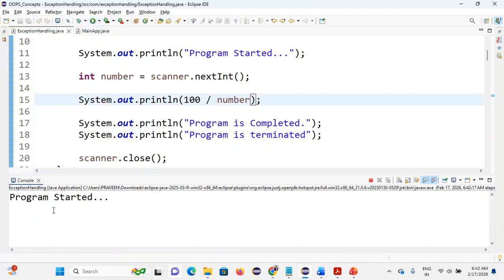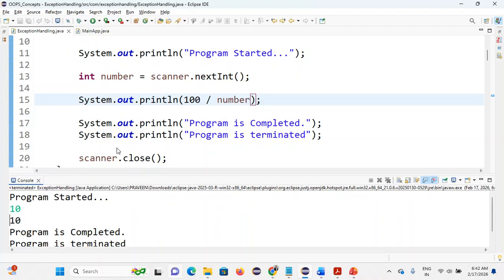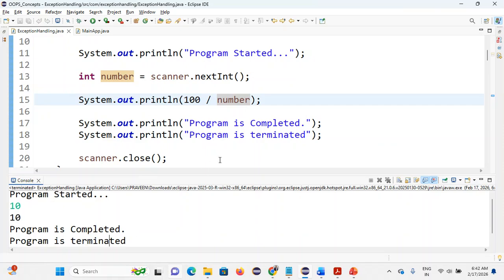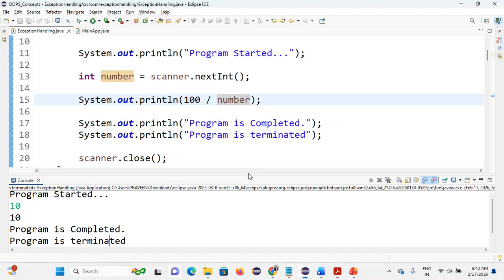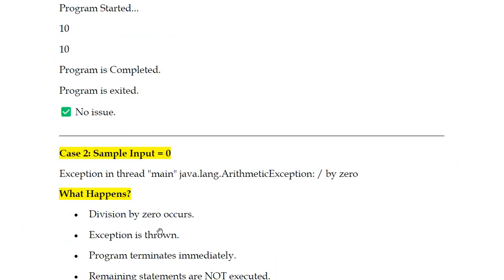here you'll get the output: program started, first line, due to line number 11. Due to line number 13 you are reading the input from the user. Due to line number 15, 100 divided by the number value 10. So what's the output you're getting? 10. 100 divided by 10, our answer is 10. Then line numbers 17 and 18, program is completed and terminated, are displayed. No issues. In case I'm giving a wrong sample input,